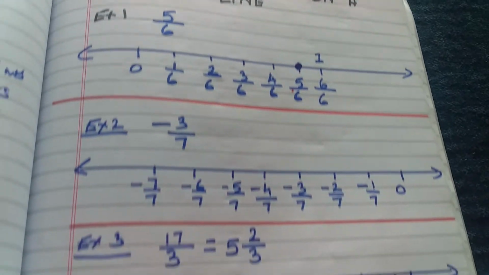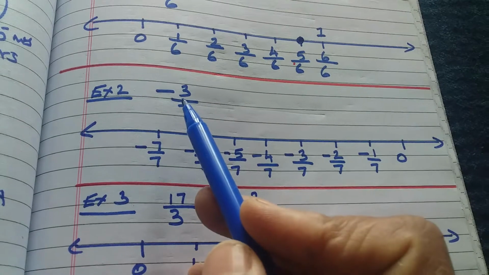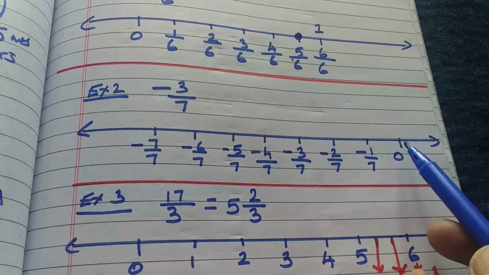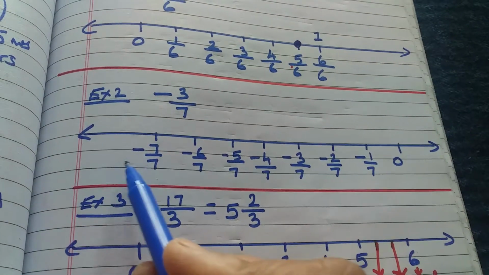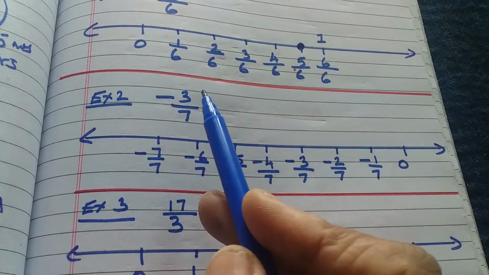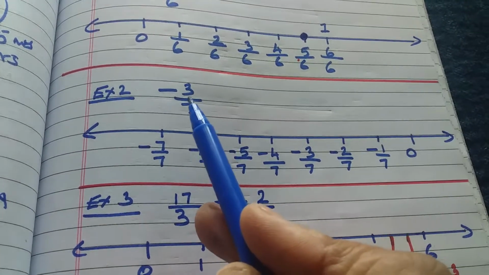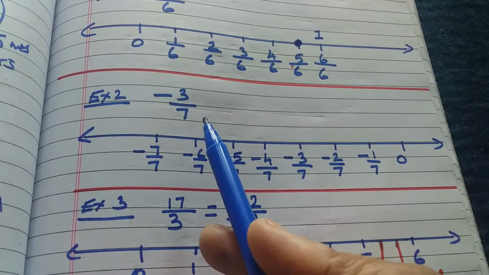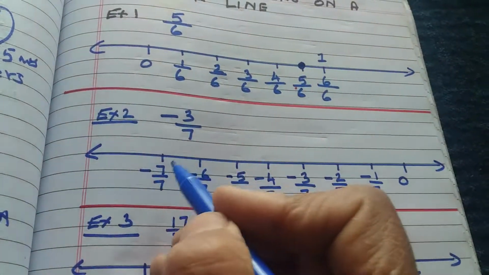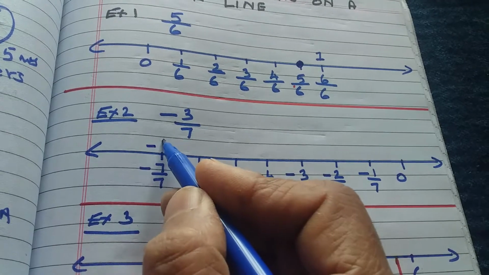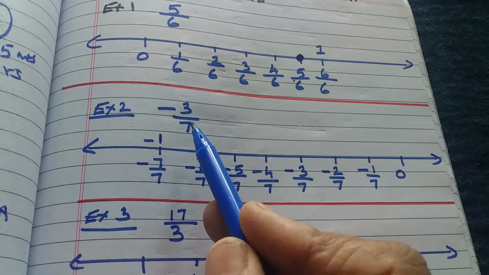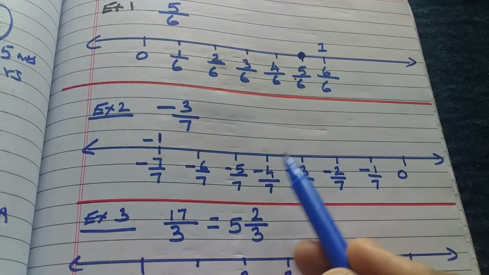Okay. Now next is minus 3 by 7. Since it is negative, we want the negative side of it. So mark the 0 towards the right and take the negative side longer. Because we want to mark the negative side, we don't want the positive side. Now again, 3 by 7 is a proper fraction. It is less than 1. So where is this less than 1? It lies between 0 and minus 1. This is actually minus 7 by 7, which means it is minus 1. 7 and 7 will get cancelled. Now the denominator is 7. So you mark 7 points.